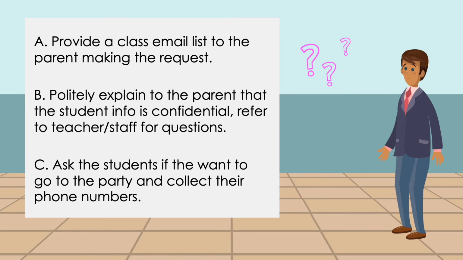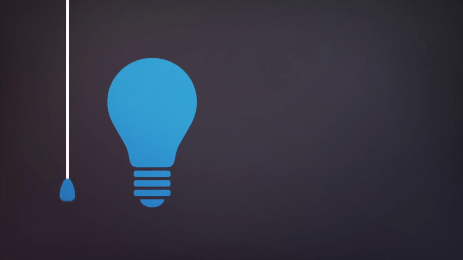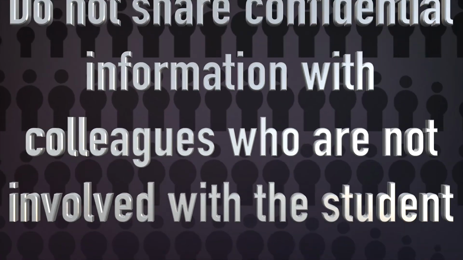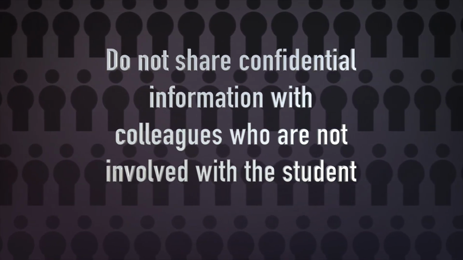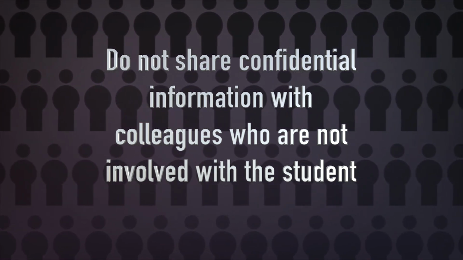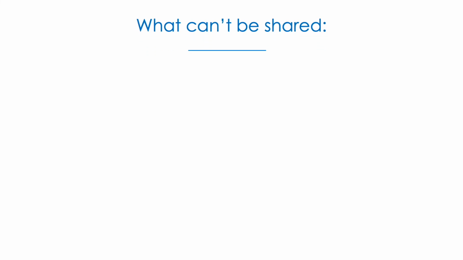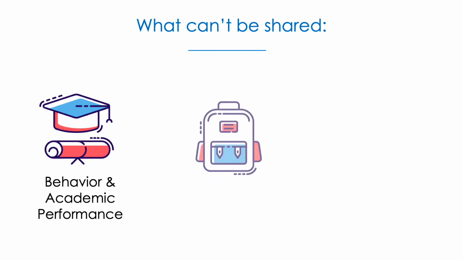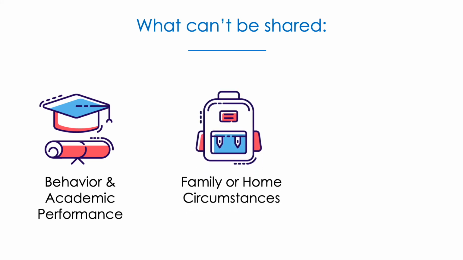In this scenario, it would be appropriate to explain to the parent that student information is confidential and refer them to the teacher if the parent has further questions. Paraeducators cannot discuss any part of a student's confidential information with work colleagues who are not directly involved with the student. This information includes behavior and academic performance, family or home circumstances, and any special services or accommodation the student